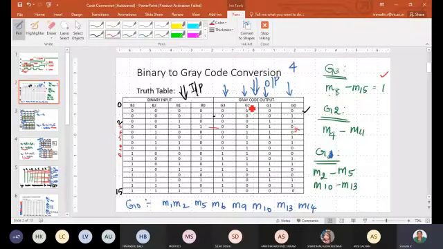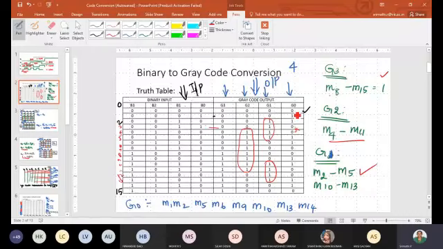And for G2, for the min term from 4 to 9, 10, 11, 4 to 11, right. Min term from 4 to 11, the output is 1. Okay. And then for G1, you have from 2 to 5, one set. And then this set is from 10 to 13. Okay.